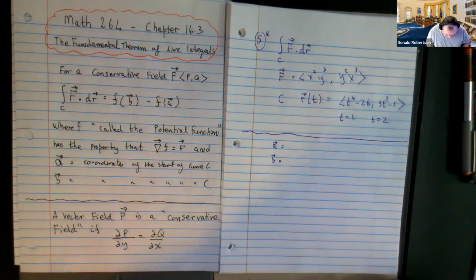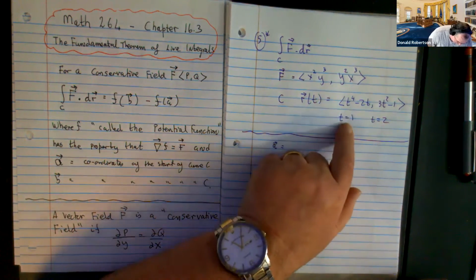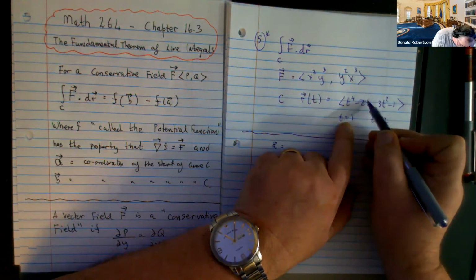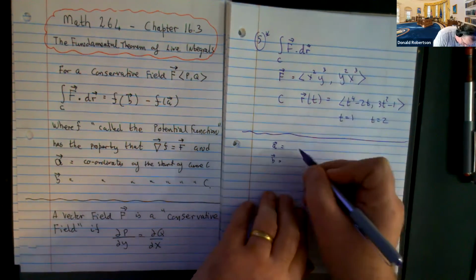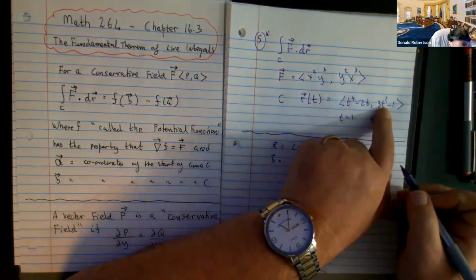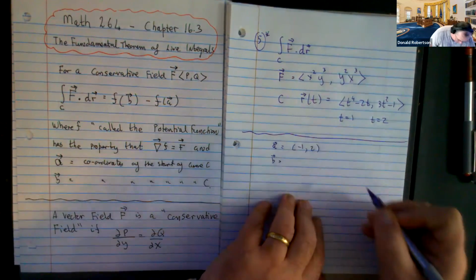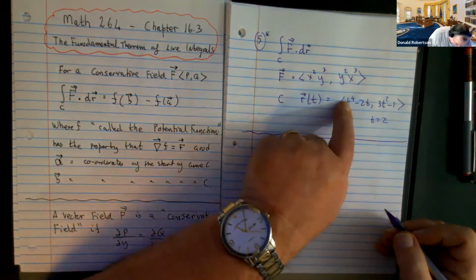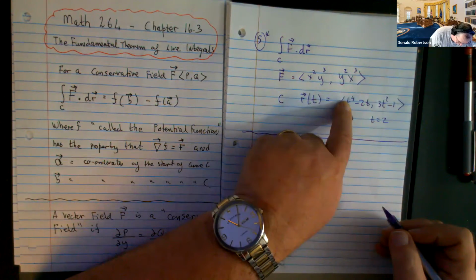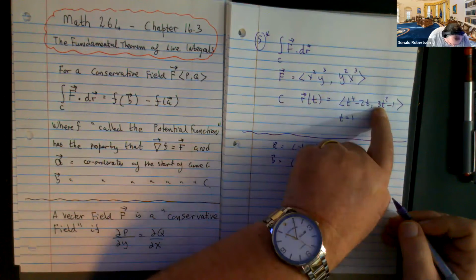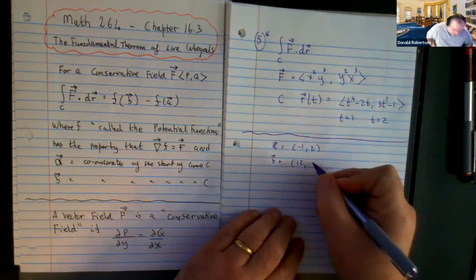a is the coordinates of the start position. So if you plug 1 in here, you get 1 to the 4, take away 2 lots of 1, 1 take away 2, you get -1. And this guy here is 3 lots of 1, take away 1, you get 2. And the coordinates of where you finish are 2 to the 4, 16, take away 4 gives me 12. And 3 times 2 squared, 12, take away 1 gets me 11. Are you happy about